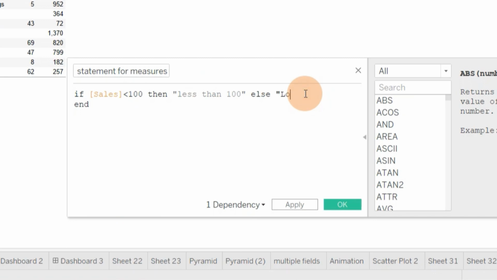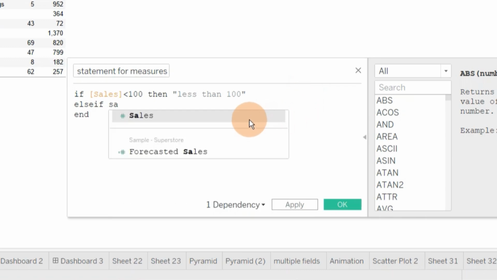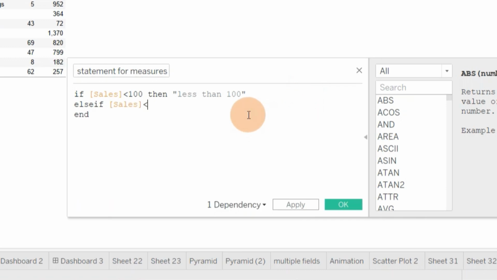Else I will give an else if statement here. Else if sales is less than 500, then less than 500.